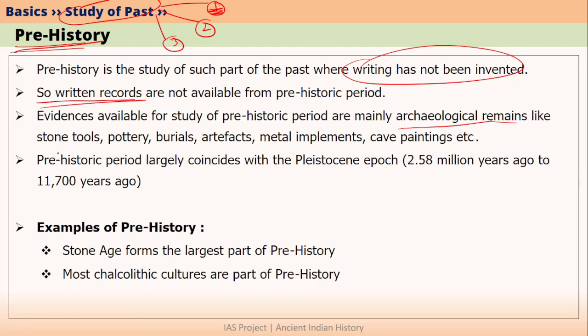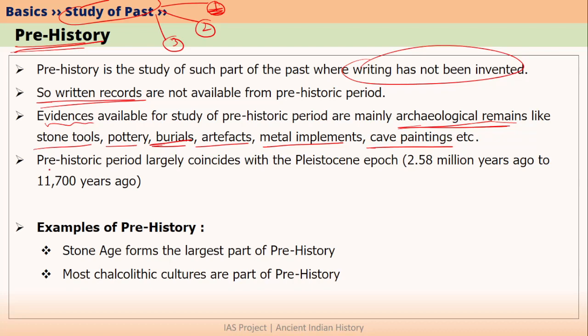For example, stone tools, pottery, the type of pots they used, burials, artifacts. Burials sometimes also include fossils that are found, okay? Also metal implements and the cave paintings those people did. All these are nothing but evidences which are called as archaeological remains. Using all these archaeological remains, we can get some kind of idea about the people who lived in that prehistoric